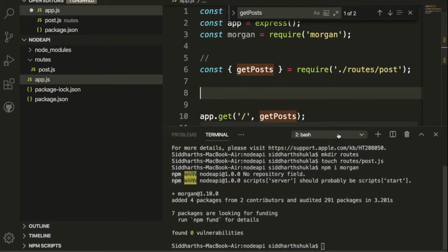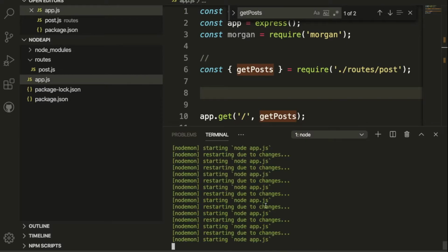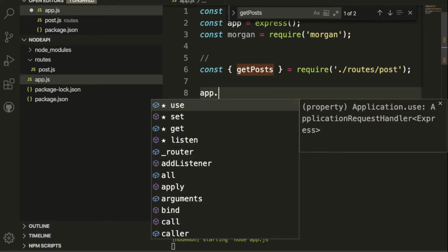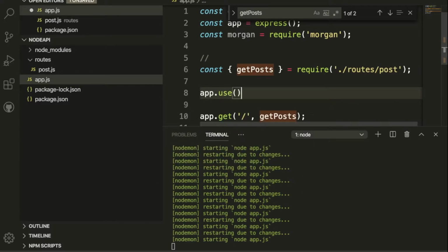I am going to go to the terminal which is running our Node project, and here I am going to use the app.use method.